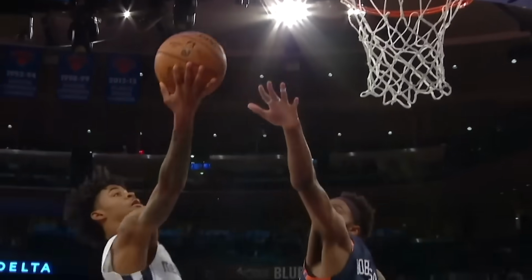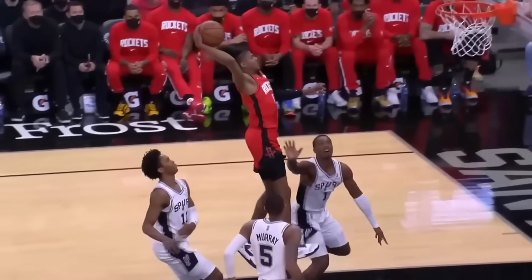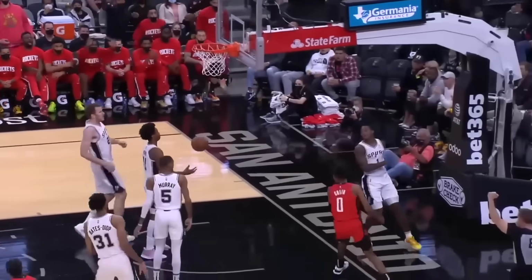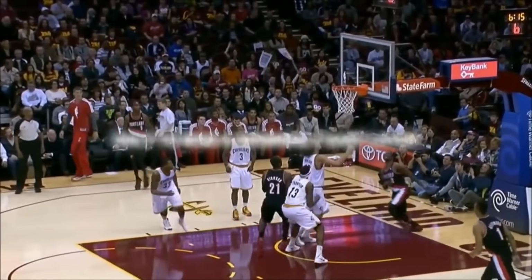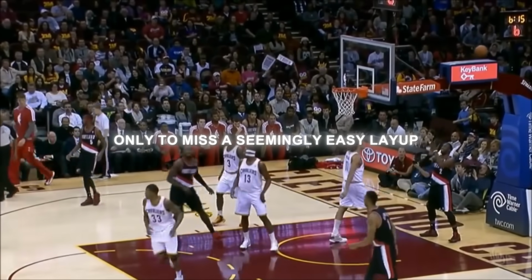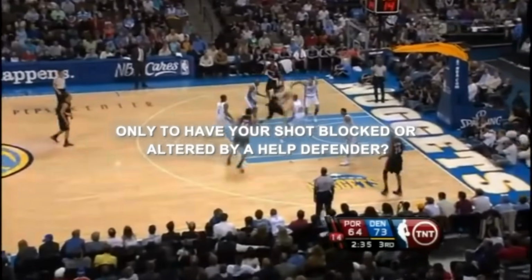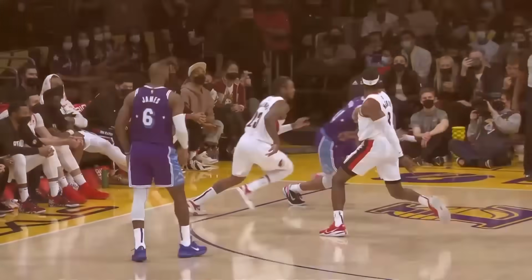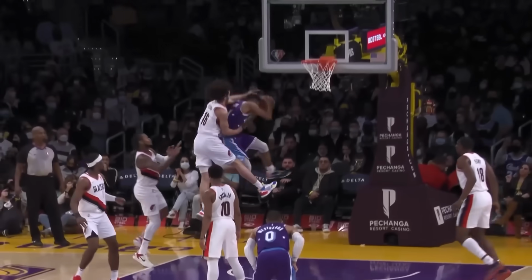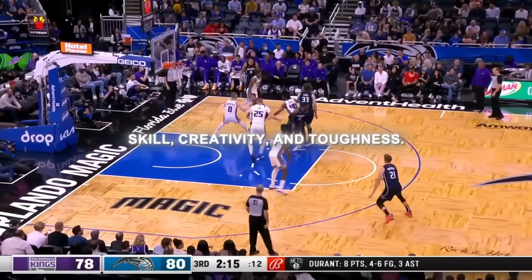Consistently converting opportunities near the basket separates good players from great ones. Yet, for many, finishing at the rim is a source of frustration. How many times have you driven past your defender, only to miss a seemingly easy layup? How often have you found yourself in the paint, only to have your shot blocked or altered by a help defender? The truth is, finishing at the rim is both an art and a science, requiring a blend of skill,